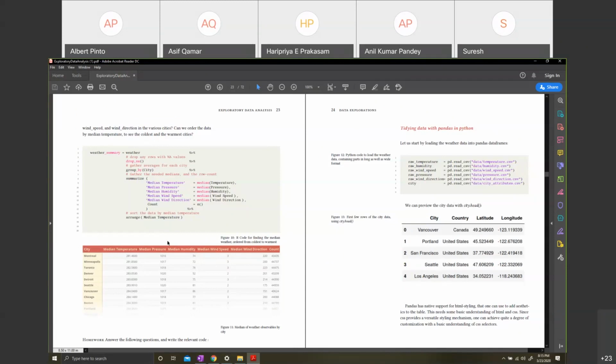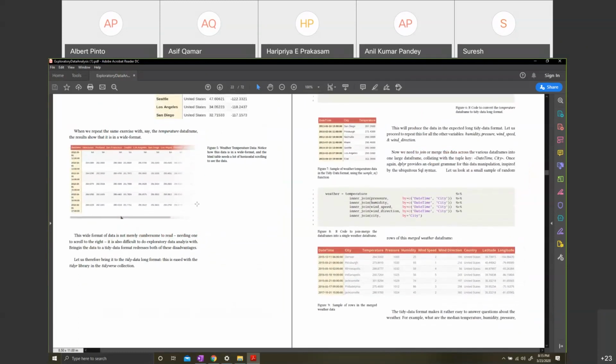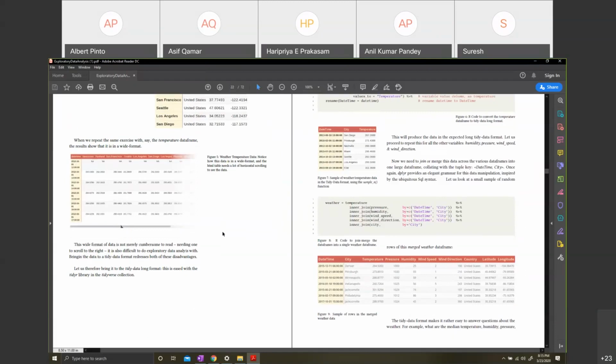So when I want to do that, just think if I had to find the medians in data which was not tidy, which was in the old format, like this format, how tedious it would be. You would have data across multiple files, and you would have huge trouble managing the columns and doing it.